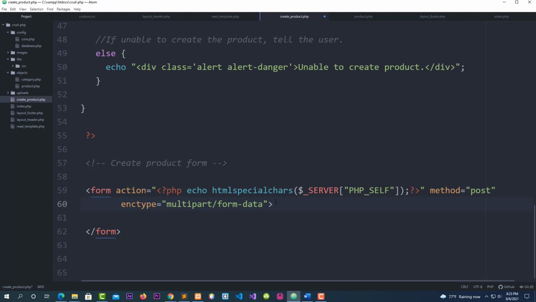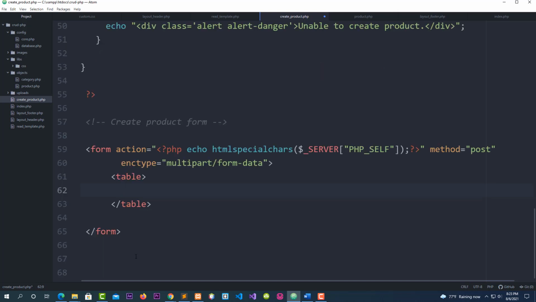Okay. Now here, inside of the form, I'm going to create the table that will hold everything. And inside of my table, I'm going to create my table row for each element. Also, I have to create my table data to keep my data. Okay, and the first thing I'm going to say is table. Okay, I create my table now, and inside of my table,